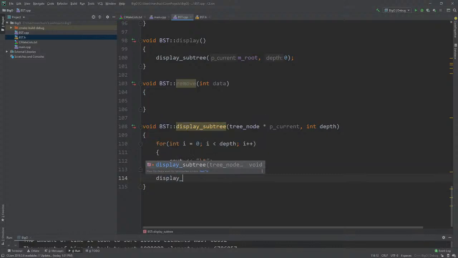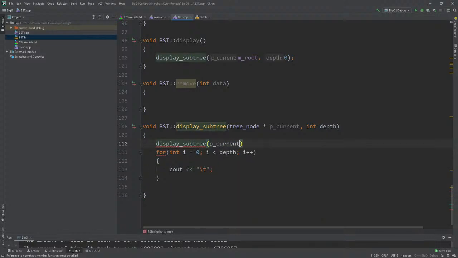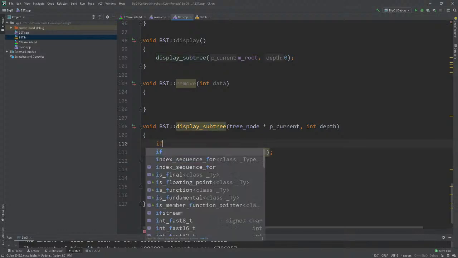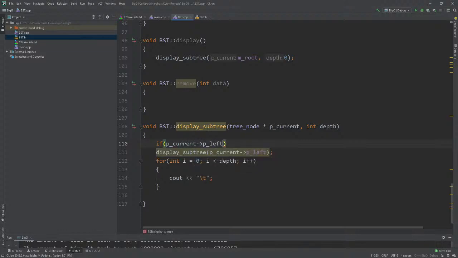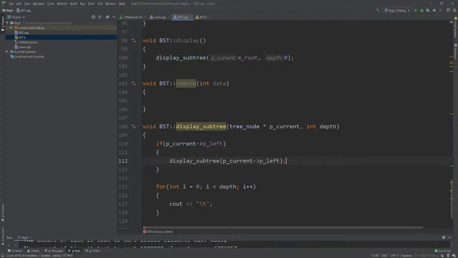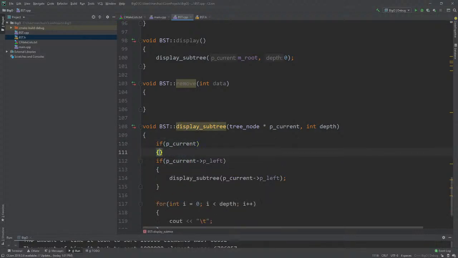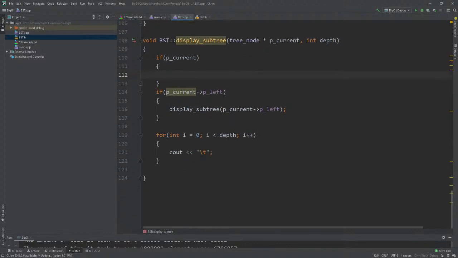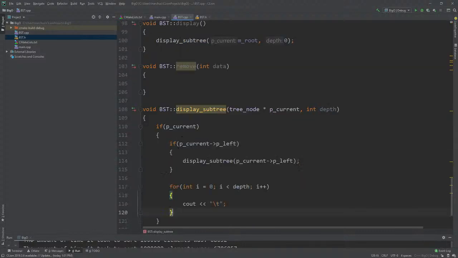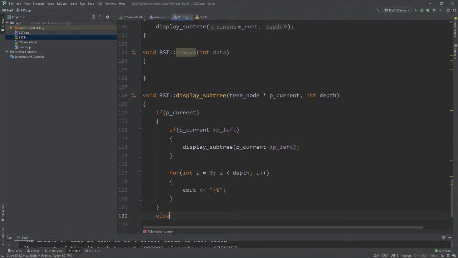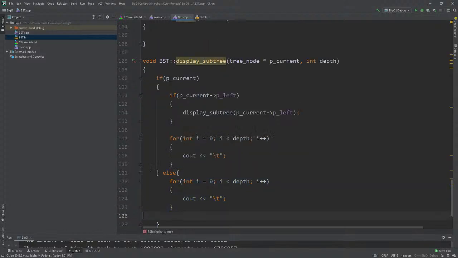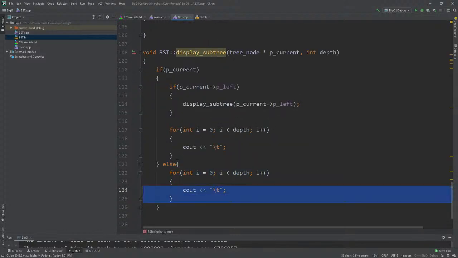Let's do the display subtree. pcurrent dot p left. So if pcurrent dot p left, we'll do this. Actually, we need to check if pcurrent as well. So if pcurrent, right, because if pcurrent is a null pointer, then we have a problem. Else we'll cout, I guess we'll do the tabby thing, and then we'll cout. Well, actually, if it's a null pointer we shouldn't display anything,